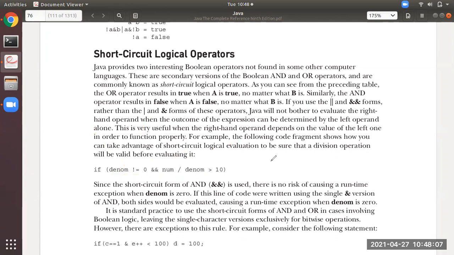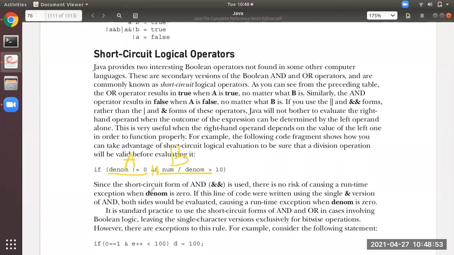Have you all understood this? I'm repeating again. This is A, this is B. If A is false in this AND, it will not check B whether it is true or false. Why? Because one is false means the other need not be checked, the output will be false. Now for OR, suppose A is true, it need not check B. Because if one is true, the output is true. That is why they have given the name short circuit.